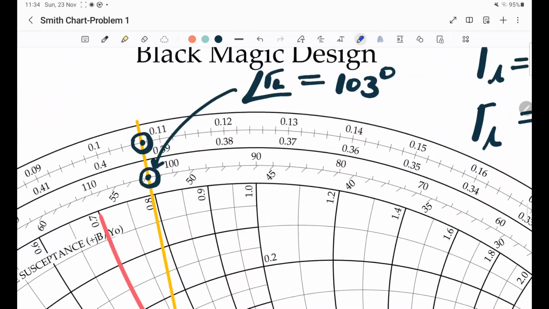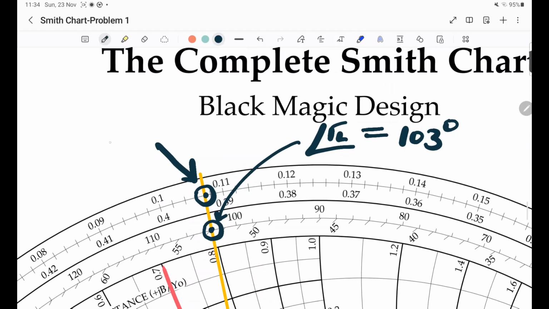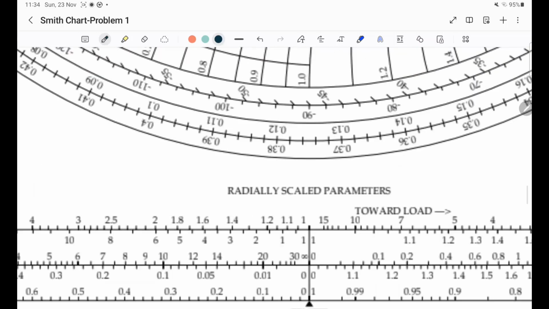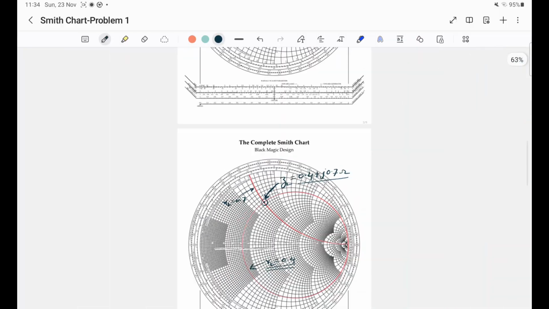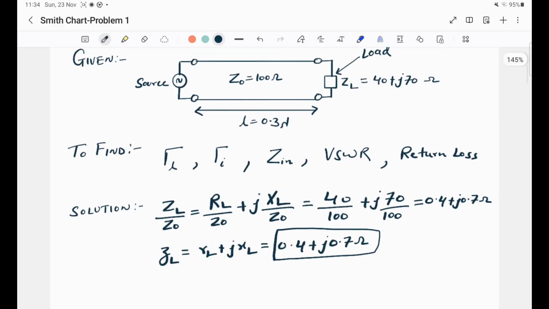So we have found the point where this value is representing the wavelength. Its value is approximately 0.108 lambda. Now in the question it was given that the length of the transmission line is